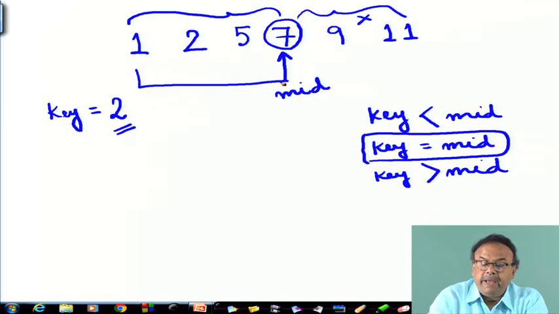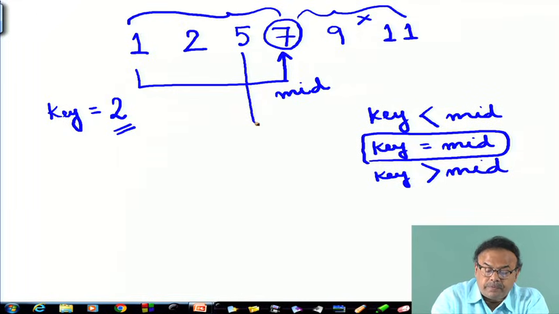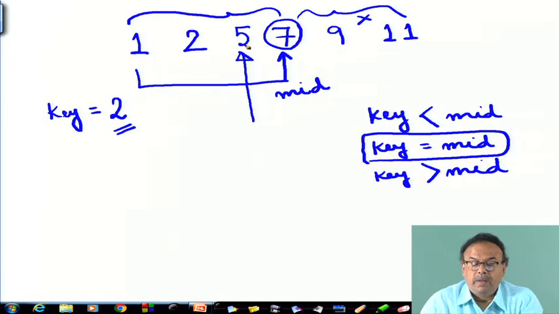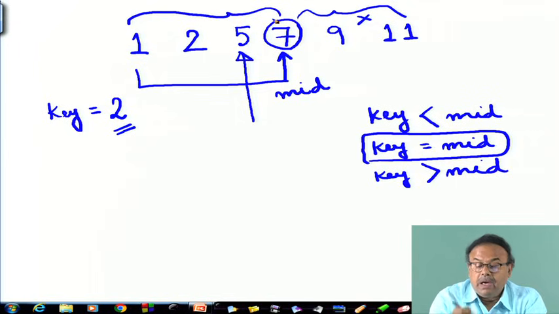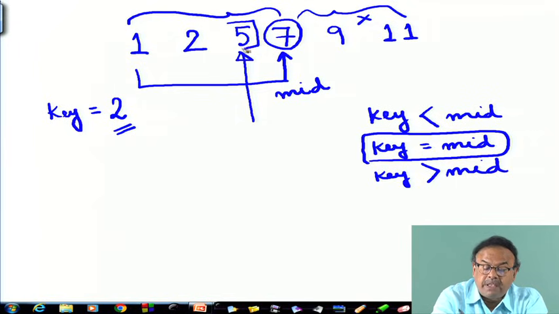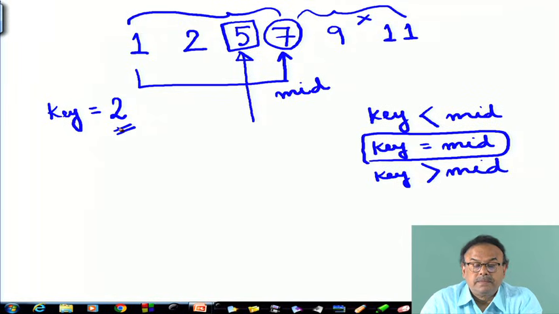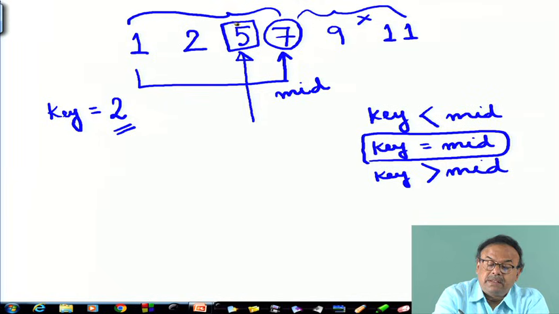Now, what will I do? I will again take the middle point of this array. Here it is becoming very simple. The middle point of this part is, suppose, 5. I could have had it from 1 to 5, but I am just taking from 1 to 7. I come to this point, and again I compare this element with the key, and still it is less. Therefore, I am sure that it is not in this area, it must be in this zone.